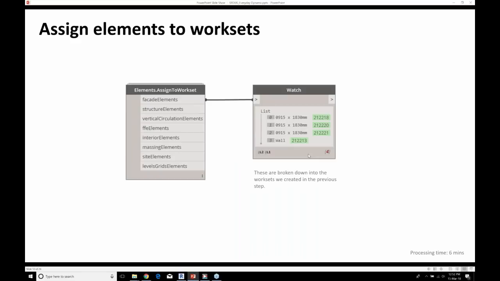This is a highly customized, office-specific node, but it can be easily customized to suit whatever your office standards are. BVN had its standard workset naming convention around facade, structure, vertical circulation, etc. This node doesn't require any inputs.